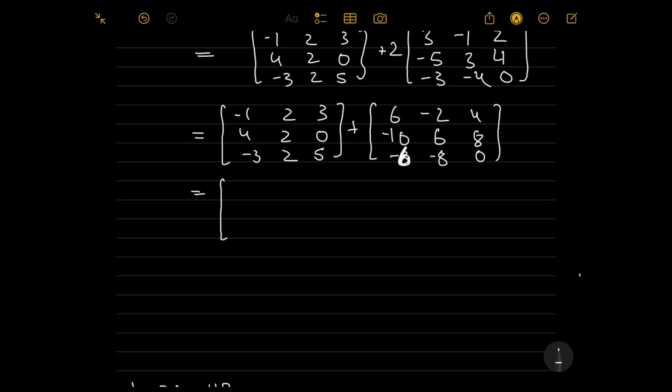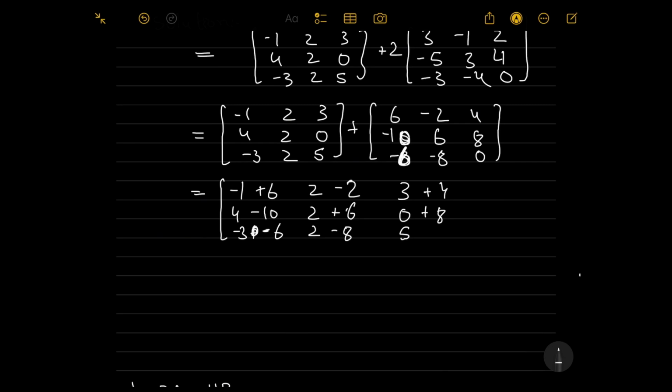So minus 1 plus 6, then 2 minus 2, 2 minus 2, 3 plus 4, 4, 4, this is 10, so this is 10, 4 minus 10, 2 plus 6, 0 plus 8, minus 3, minus 3 plus this is minus 6, 2 minus 8, 5 minus plus 0,